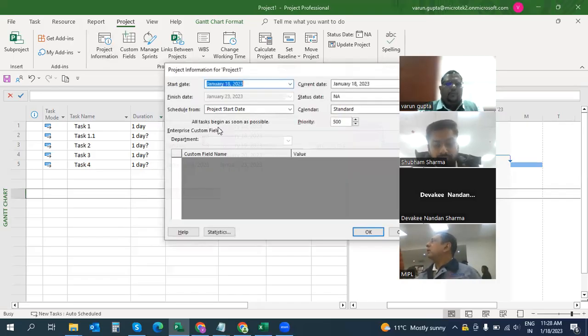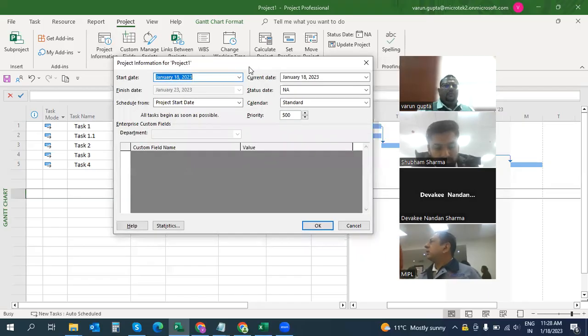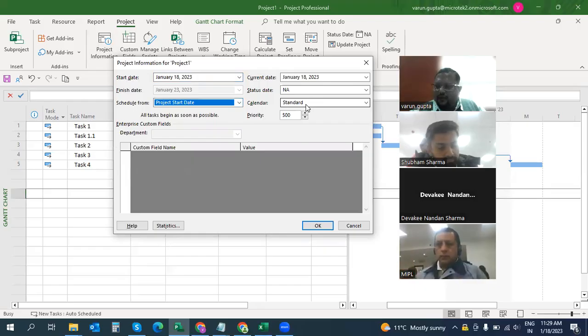So in project information, when I go, this is my first step. Here I will enter the start date and schedule from project start date. In 90 to 95% of the cases, we schedule from the project start date only. But there may be some 1 or 2% cases where we have to schedule from project finish date. So if I say schedule from project finish date,